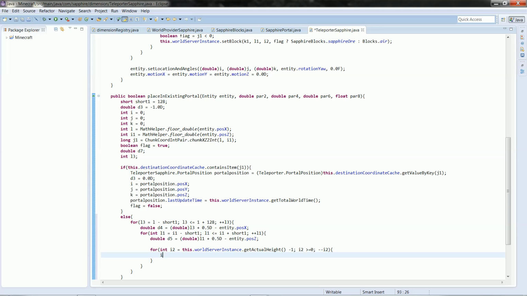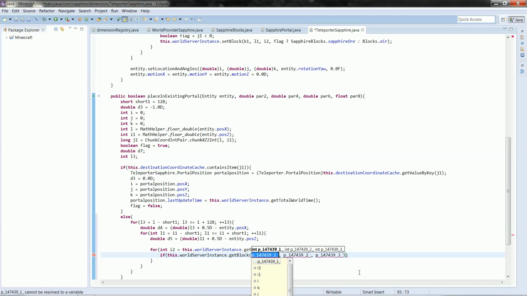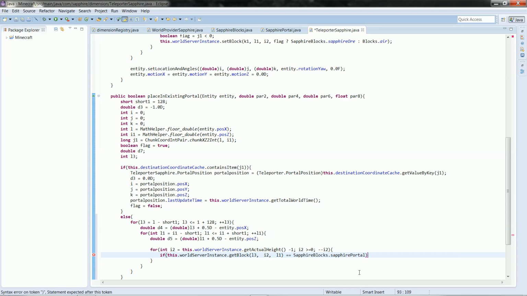Inside of this for loop, we're going to have an if statement, and it's going to be if this dot world server instance dot get block, there you are, block L3, I2, and L1 equals our portal block. What did we have? Sapphire portal. Our portal block. So if the block at